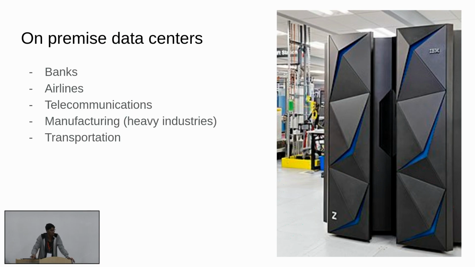This machine is fully redundant. It has multiple cores. It has all sorts of redundancy, and it's very expensive, right? It's like $500,000 or $1 million for one piece, that kind of thing. And these old data centers are always going to be there, right? They are there today. They will be there 60 years from now, because that's the kind of data inertia and the kind of quality of service we expect, right?